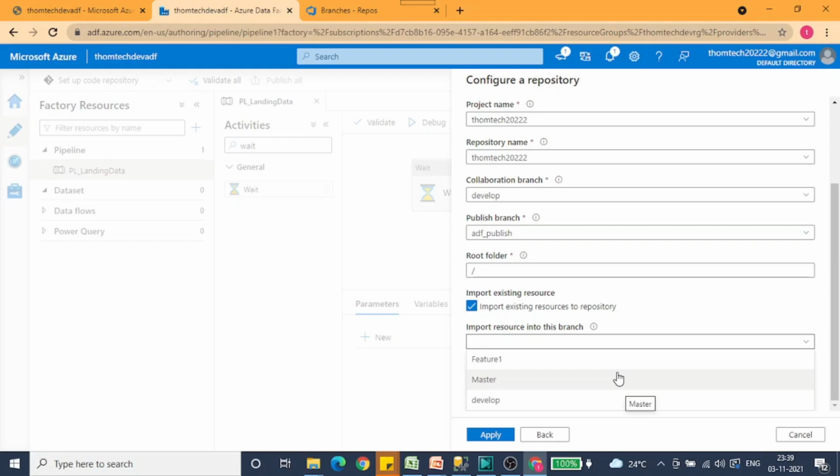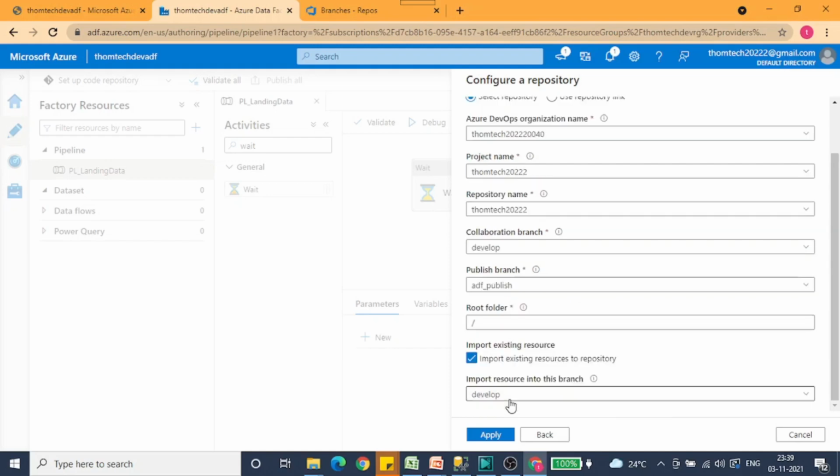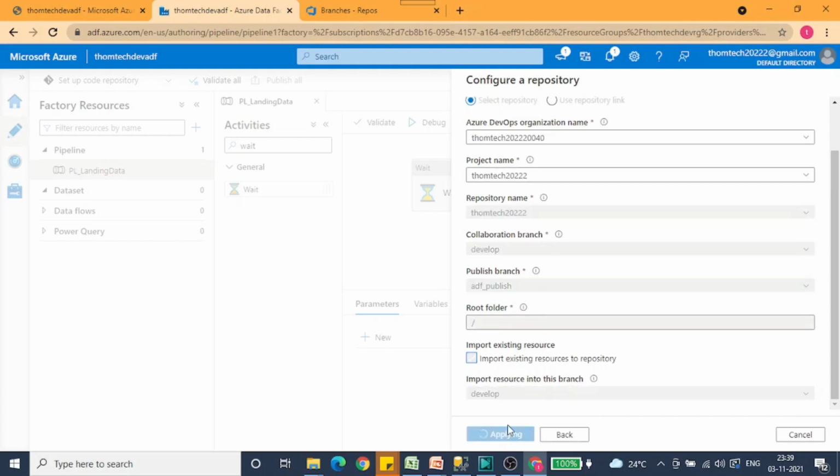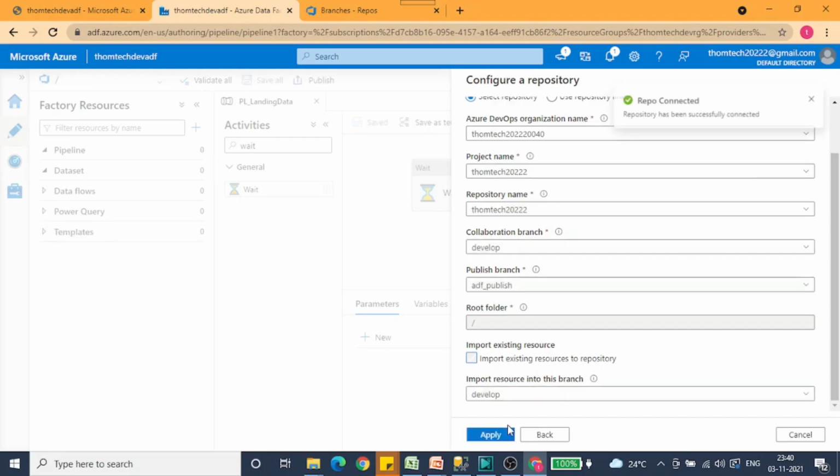So let me just select the develop branch. Let's see what happens. Let's click on apply. Let's wait for 30 seconds.